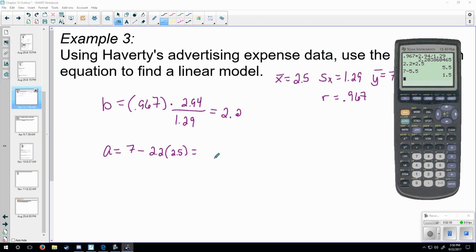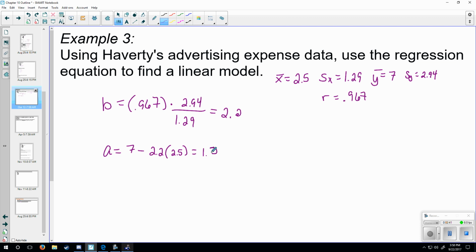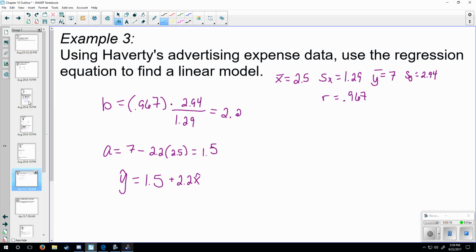which gives us 1.5. If we piece this all together, we get that our correlation analysis, in other words, our linear regression model, if you will, is equal to a, 1.5, plus, since b is positive, 2.2 x hat. So that means that this equation will best estimate what's happening with our data. So again, visually, what is this doing? If we go back to what we looked at with our first scatter plot way back here,